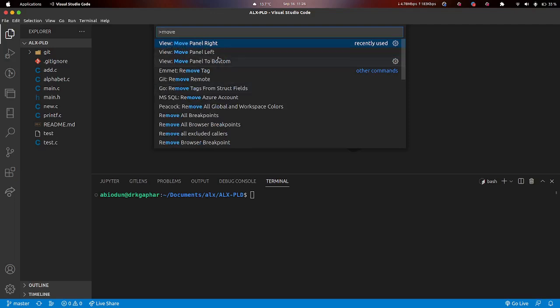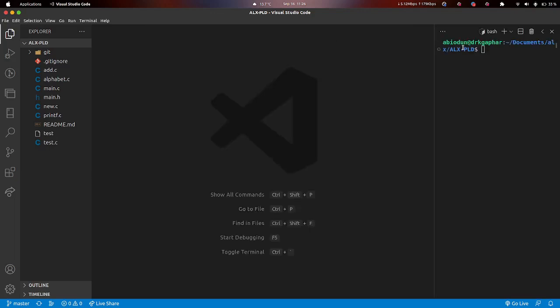You can move the panel left. By default it is at the bottom, you can move it to the left, but I always like it to the right. This is it here, I have it here. Awesome. So the next thing now, you can see the prompt shows that I'm already inside my ALX